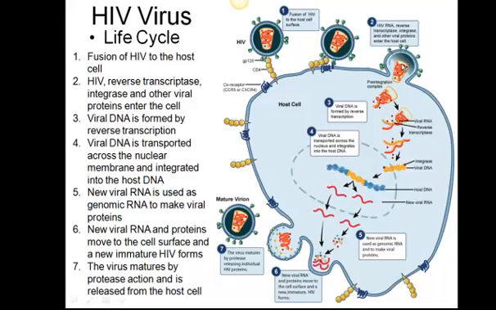And so you have a pre-integration complex that forms. It's going to open up the capsid, so the capsid starts breaking down, and what you do is you release the genetic material in here and the enzymes that are bound in an inactive state within the capsid. Once they're inside the cytosol, there's enough of the other materials that are required to make these enzymes active that you immediately start getting the reverse transcription of the viral RNA into a DNA molecule. Once you have a double-stranded DNA molecule built, this will actually integrate into the host DNA.